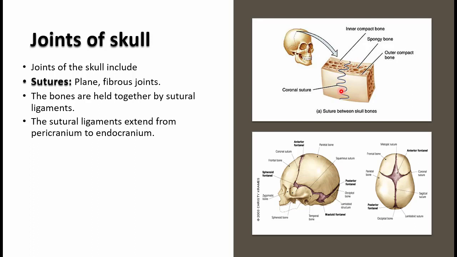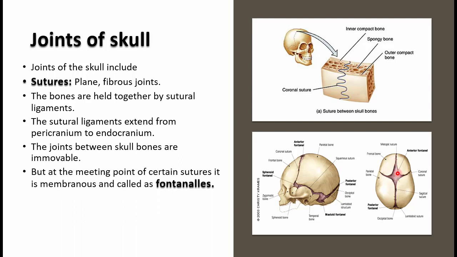in the developing fetus, and also in young children who are below 2 years of age, at certain points of the skull, mainly the vault of the skull, you see some membranes which are not still ossified. Okay, and these membranes are actually called the fontanelles. Okay, so these membranous areas, where it is still not replaced by bone tissue, are actually called